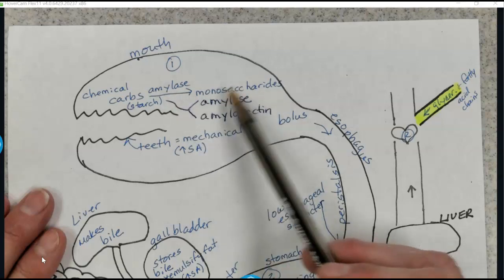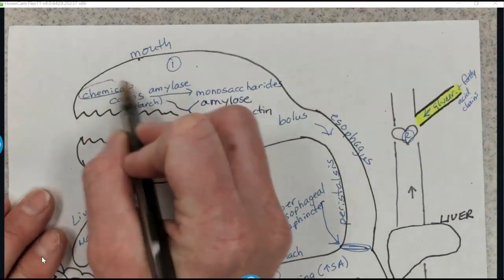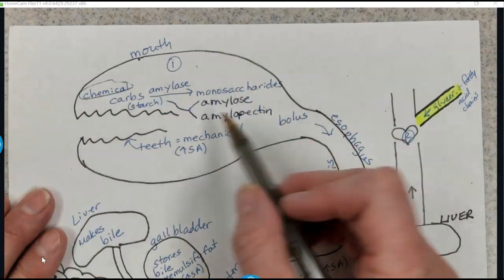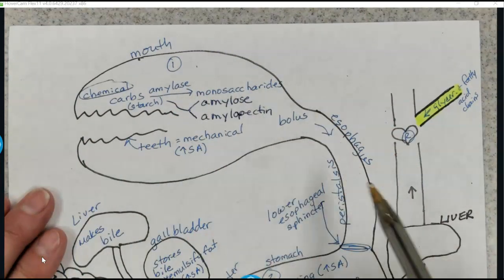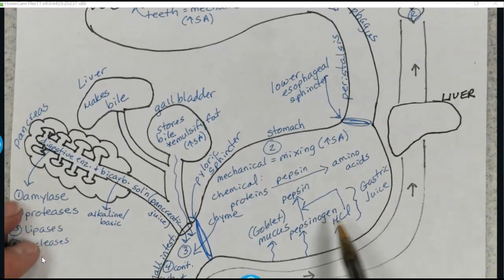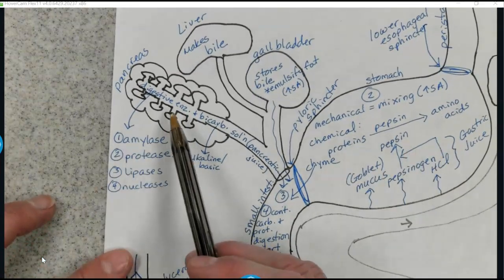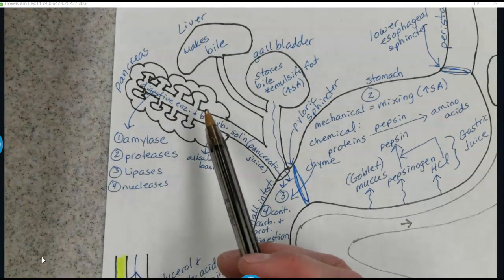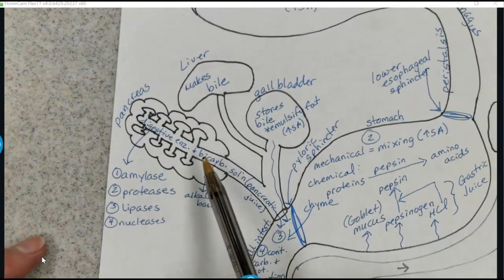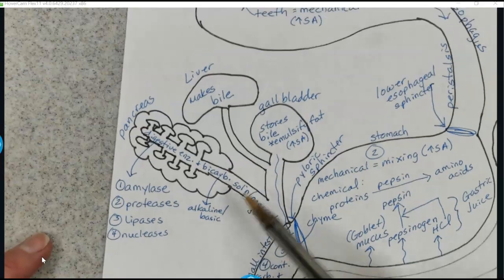And your mouth will start chemically. This is chemical digestion. Good. Chemical digestion starts there, as well as your mechanical digestion. So as we track on down, everything else here is going the same. One thing we do need to add over here is at the pancreas. If at any time I'm going too fast, just pause the video so that you can draw what you need to draw. We need to talk about these digestive enzymes in this bicarbonate solution because IB does need you